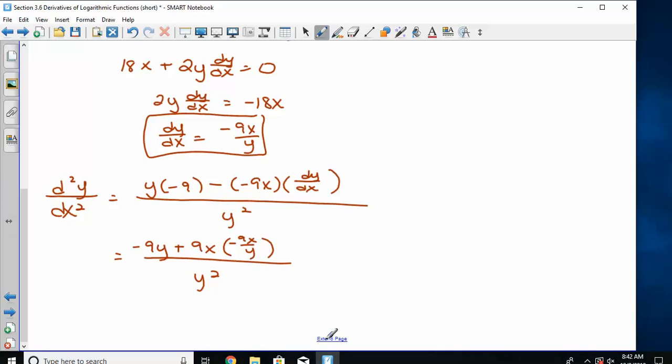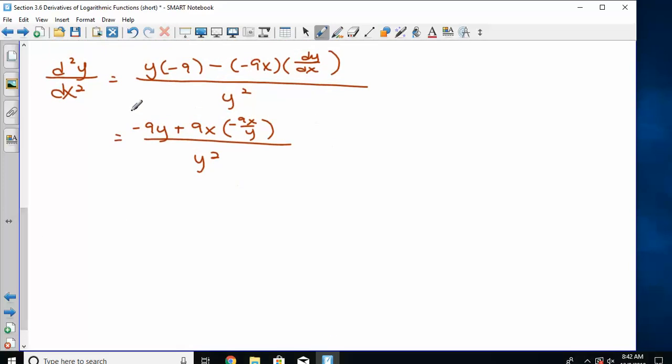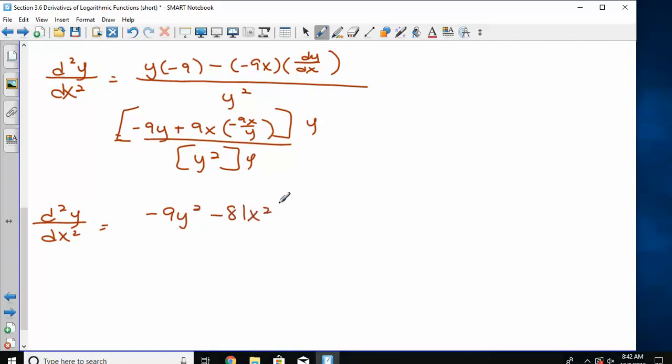Negative 9x over y. Okay, different ways you could simplify this, but we ultimately can't leave a fraction within a fraction, so I'm going to multiply by y on top and bottom. So our second derivative is negative 9y squared minus 81x squared, the y's would cancel on that one, over y